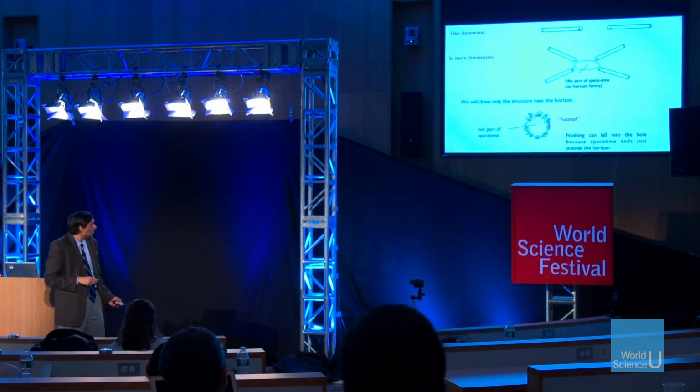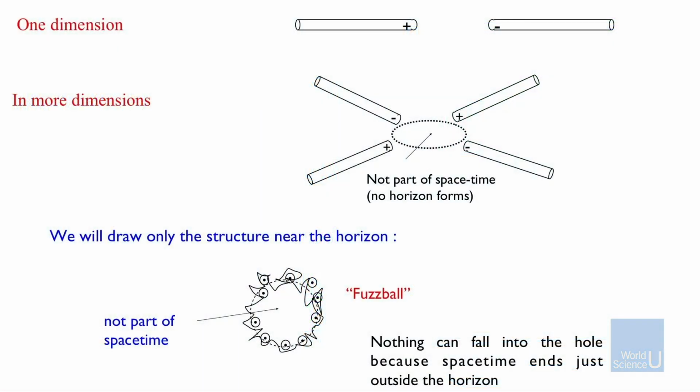But with this new structure, this was in the one-dimensional example, but now you can see how it looks in many dimensions. Suppose you take this room, and you want to make a black hole in the middle. We'll take a whole ball from the middle of this room and throw it away. It's not even part of space-time. But now suppose you come at it from any one direction. Previously, we had only 2 directions. Now I can come at it from any angular direction. As I come near that end, I can just put this cap in there. So I come there. I don't fall into that hole. I just come there, and I go right back. I come this way, and I go right back.